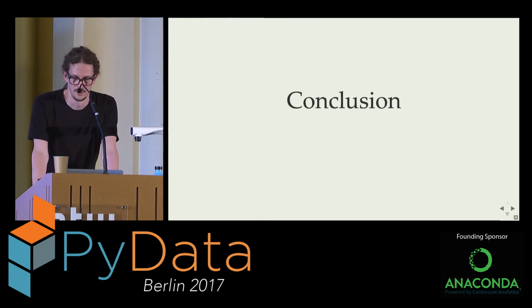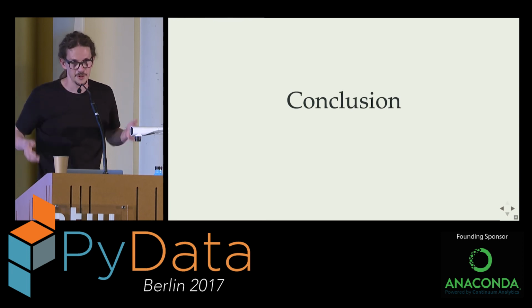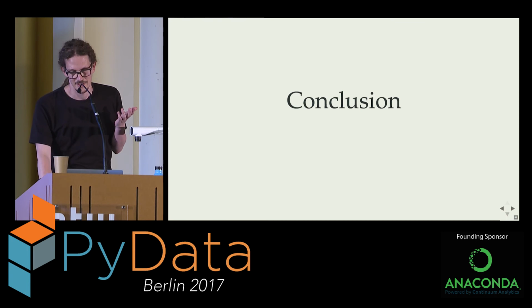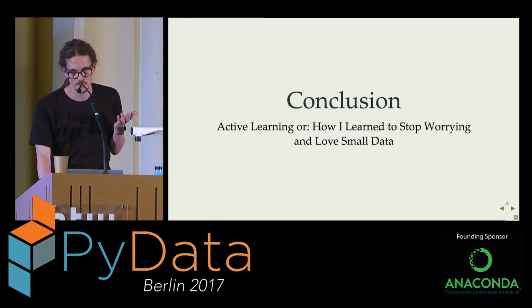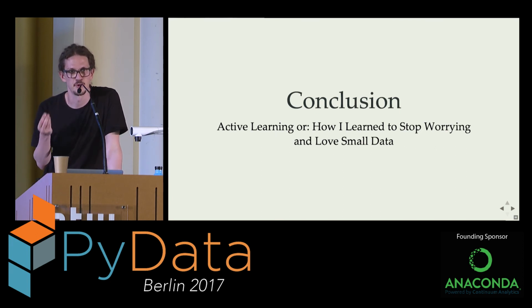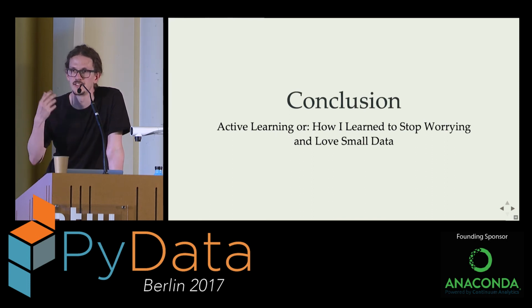Okay. I still have some time, right? Okay, conclusion. So what did we learn? I think what we really learned is what I already told you, that active learning is a great way to think about certain problems where you only have small data. And active learning can really help you to gather data from the humans, or any other process which could label the data, which is expensive. So maybe active learning is something for you, and you could try it out. It's a super interesting topic.